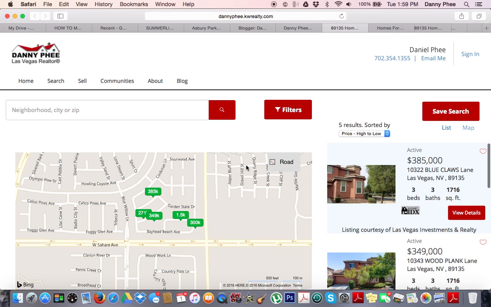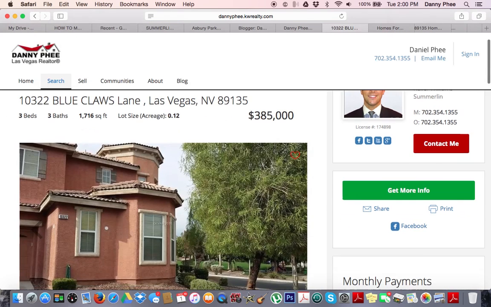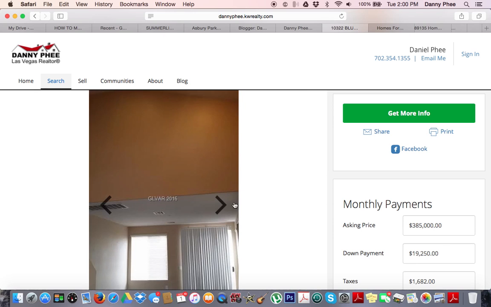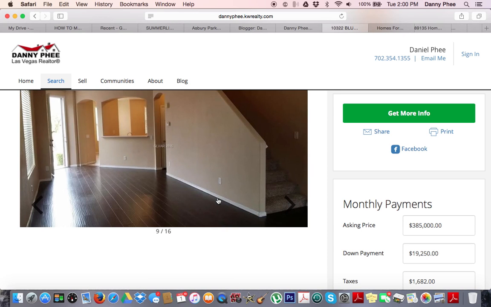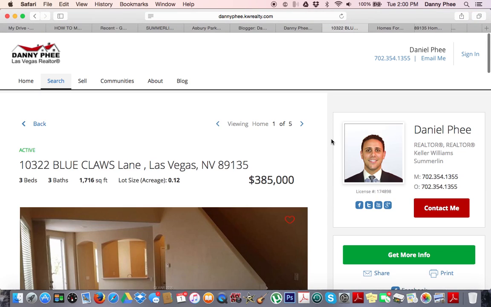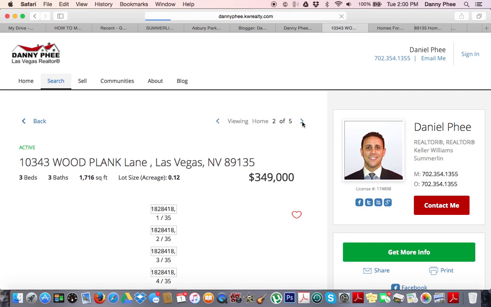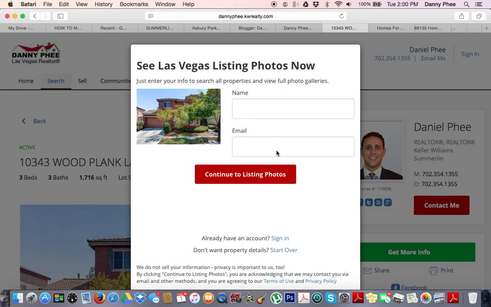And from there, however your IDX website's set up, you probably have a pop-up at one point or another after people click. Let's see how long mine takes. We're scrolling through the pictures. Let's say we want to go view another home. And boom. Now, after a few clicks on the website, it's going to prompt them in order to move forward to give a name and an email, and you're going to end up generating leads from doing stuff like this,